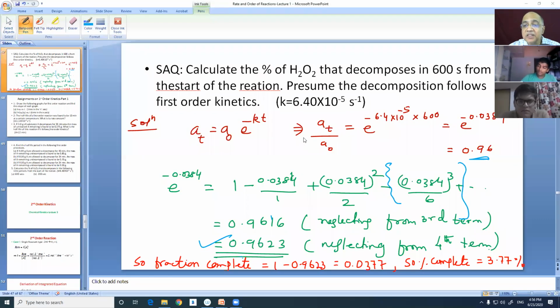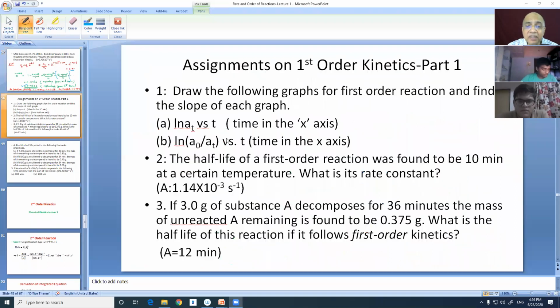Then it's high time that I tell you about this graph. Now, the construction of the graph is directly proportional to your proficiency in 2D geometry. If you are failing that, then, so we had the first order reaction equation like this.